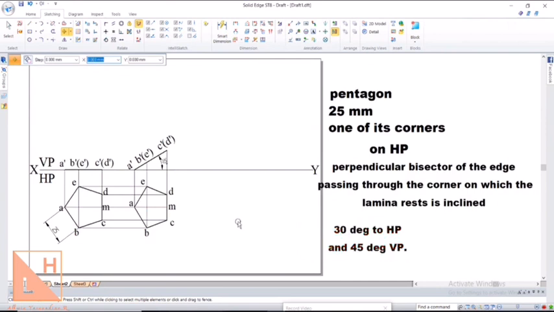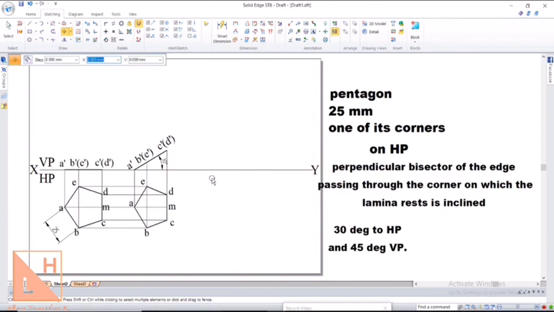Because we have done with the condition with HP, the only thing that is left now is the condition with VP. So let us look into the position of perpendicular bisector right now. Right now we have this perpendicular bisector AM parallel to the XY line in the horizontal plane, because angle VP will be drawing it in the horizontal plane. So we need to incline this particular bisector AM at 45 degrees to the XY line.